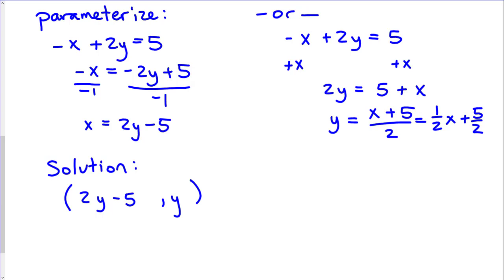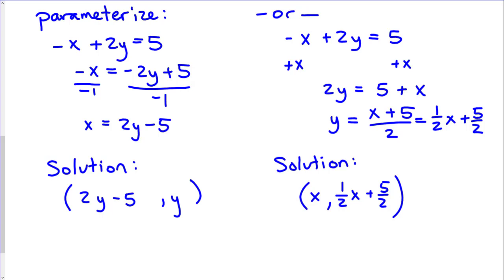Then the coordinate pair of the solution would be: x was arbitrary, so now x is by itself. Y is 1/2 x plus 5/2. These two solutions lead to the exact same line. It's a different representation of the exact same line. So you can choose either one, but